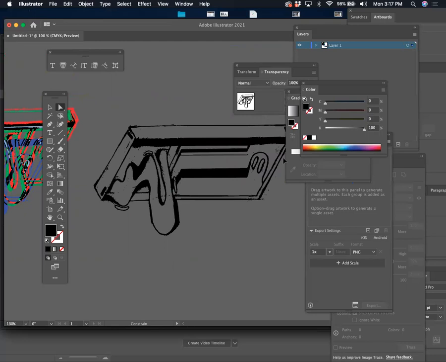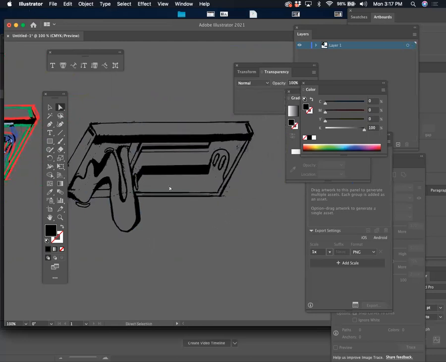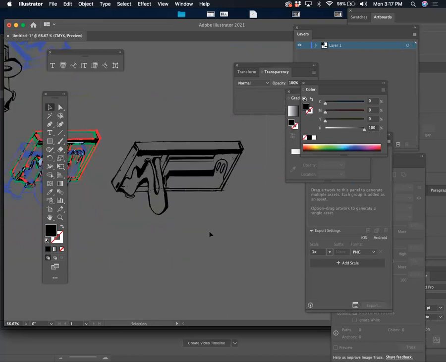Oh, now it's looking like a cassette or a boombox or something. I don't know. It's a cassette tape with some ghost-